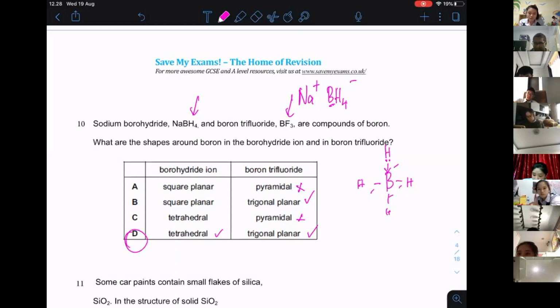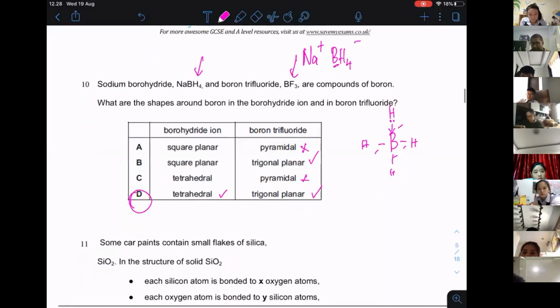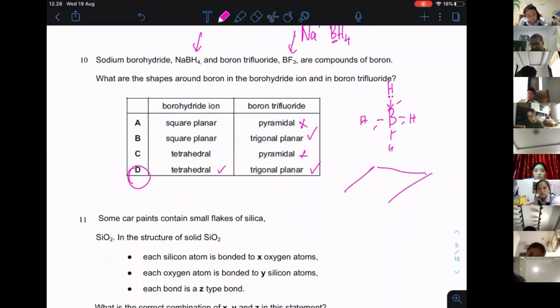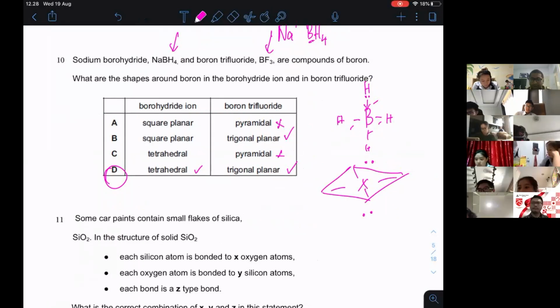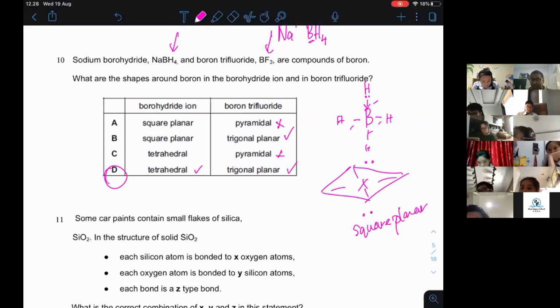Now, I think Jody and Charlton was discussing about what is square planar. Now, square planar is supposed to be something like this. They have 4 bonding pair and then 2 lone pair. That is called square planar. It's a modification of octahedral. Octahedral has 6 bonding pair, then it's octahedral. But this one is going to be square planar. If you still not sure, please refer to the video that I